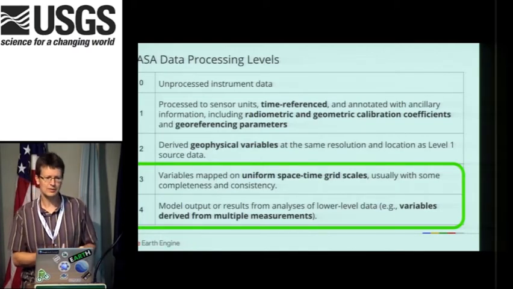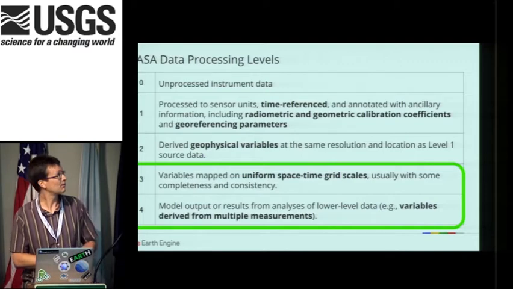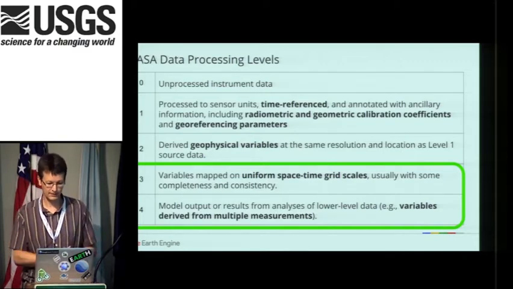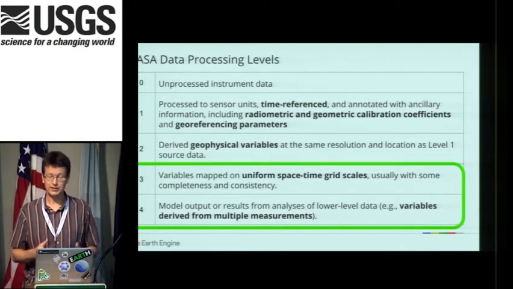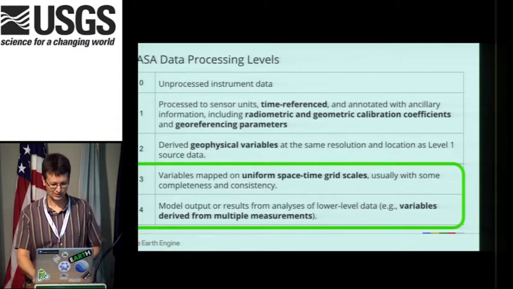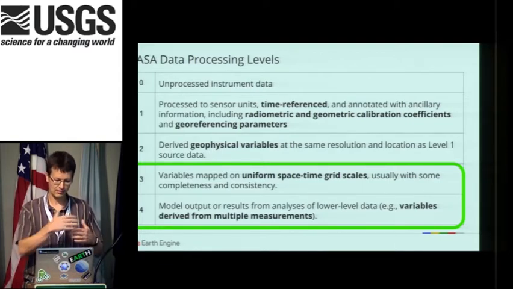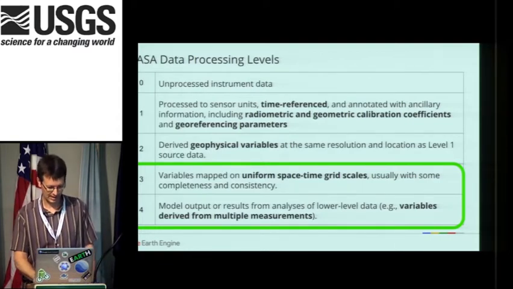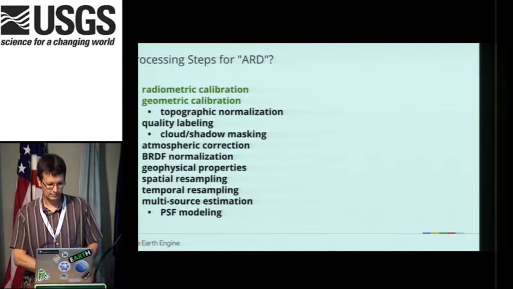For Landsat, it used to be the L1T, now it's the Collection 1 datasets. It varies. But basically, we're looking for something that is on a uniform, regular grid. It doesn't matter what the projection is. That's usually our base raster dataset in Earth Engine, and then everything else is usually done on the fly on top of that.